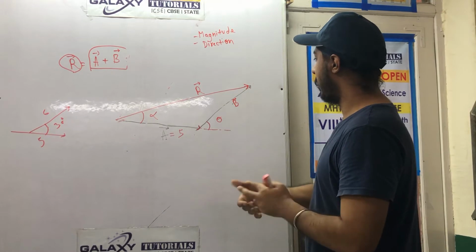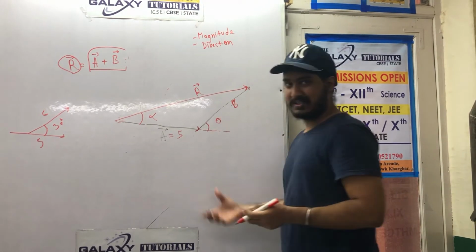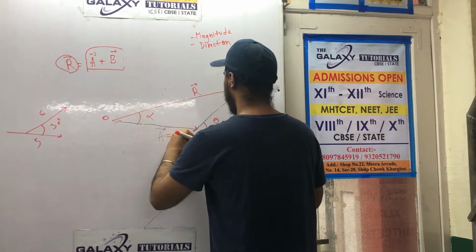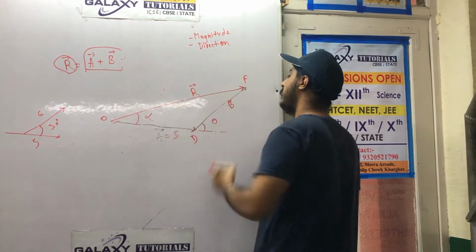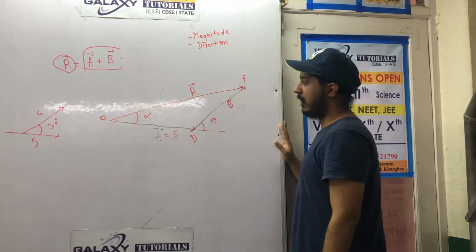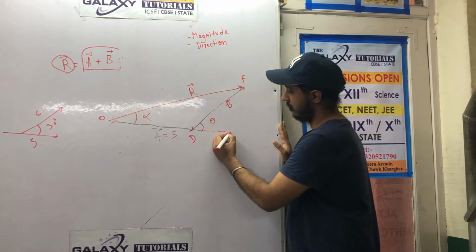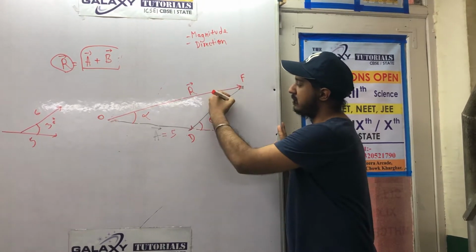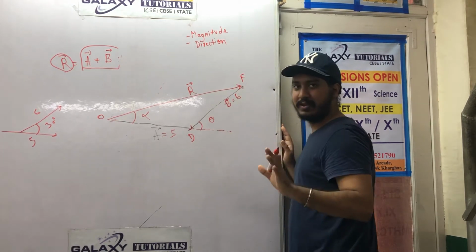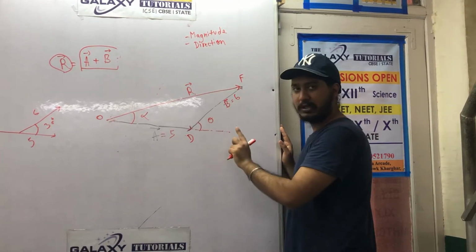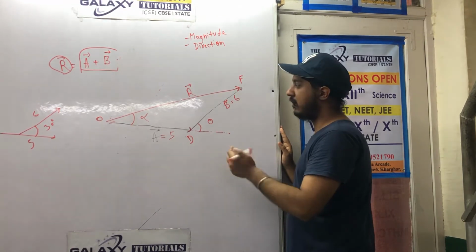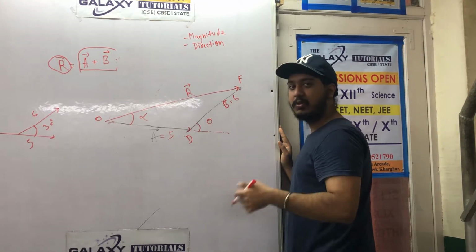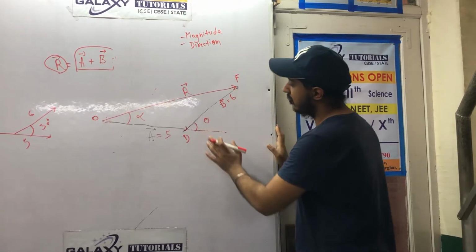So let's solve it further. First I will find the magnitude. Before finding the magnitude, let's give a name to this triangle. Let us name it ODF. I already know the values of A and B in the question. I will assume this is 6. This will be given to you in the exam, don't worry about it. And the angle theta will also be given to you. So you have to find this R value, the magnitude of R in terms of A and B. So we will try and solve this. This is a simple procedure.